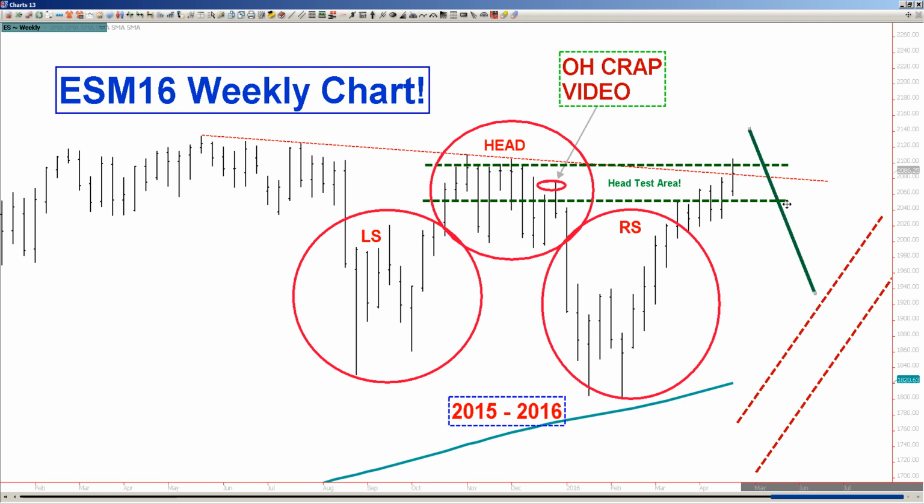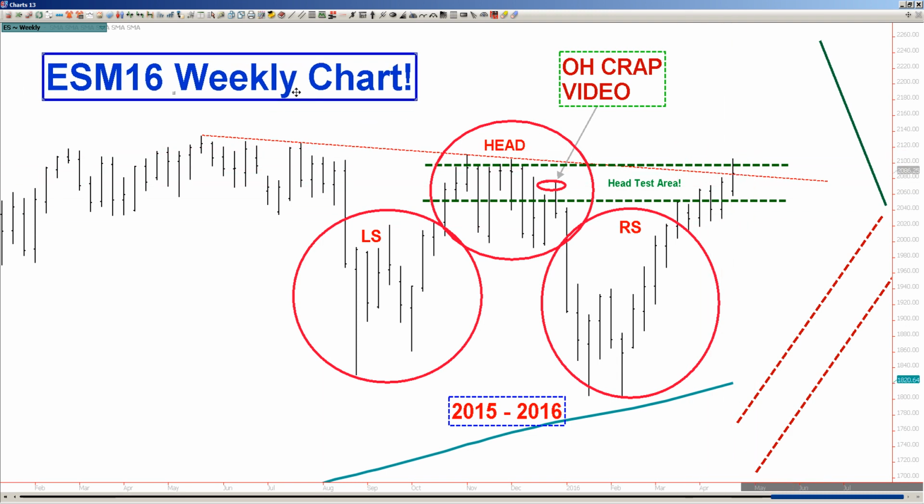So we reached the head test area, and we have been here now for 1, 2, 3, 4 straight weeks, a full month in the head test area. This is a weekly, don't forget. If, in fact, we fail here, I kid you not, projections are really ugly. But we are starting to get past it, and those charts I just showed you tell us that we likely will get past it. Once again, it's also making an F flag up here, look,